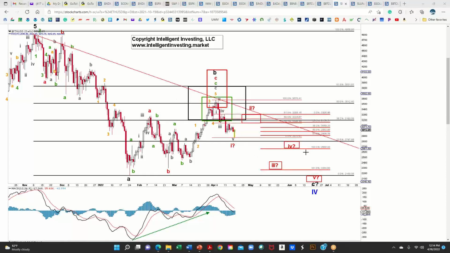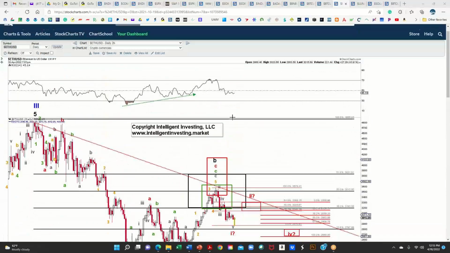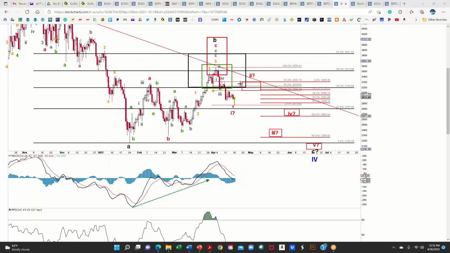And that's about it. The same pattern remains. I see no reason to change my tune. This still looks similar. It is simply a matter of letting price fill in. I like today's candle so far. I know we have a couple hours left. We're getting really oversold on a lot of indicators. So it is bounce time.